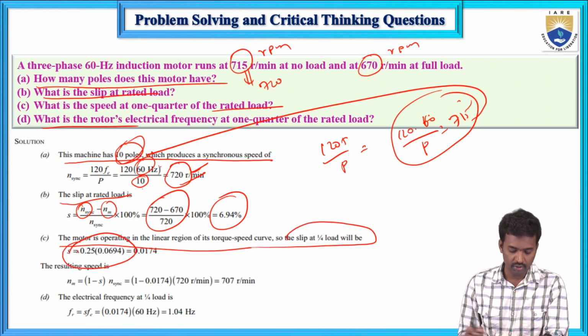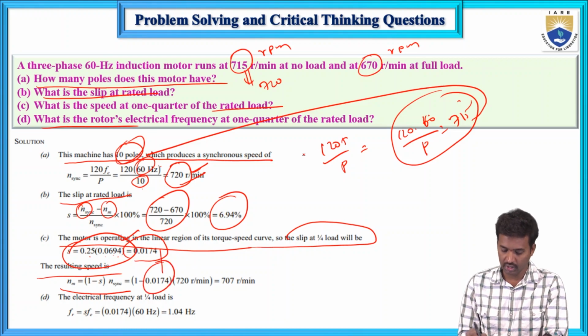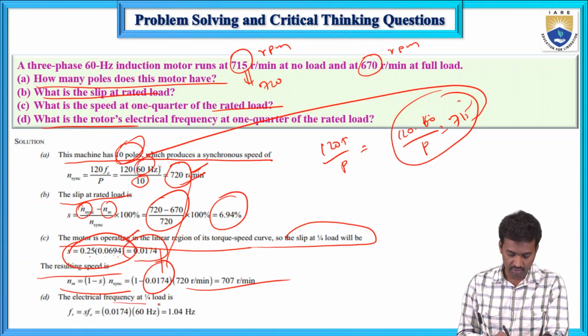So the slip value equals 0.25 into the rated slip, that is 1 by 4th. So the slip at 1 by 4th load equals 0.174. Resulting speed: substitute this and 720 here, and that value equals 707. And the electrical frequency at 1 by 4th load, from this frequency and this slip, is